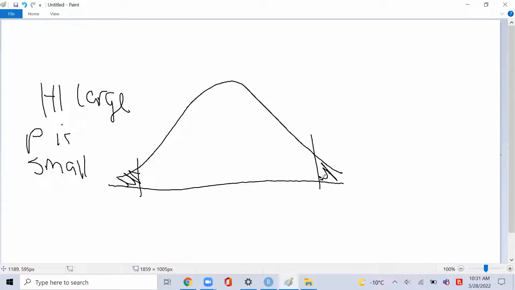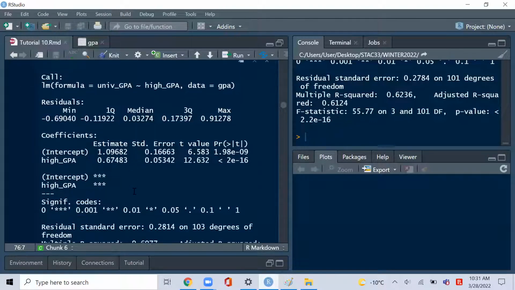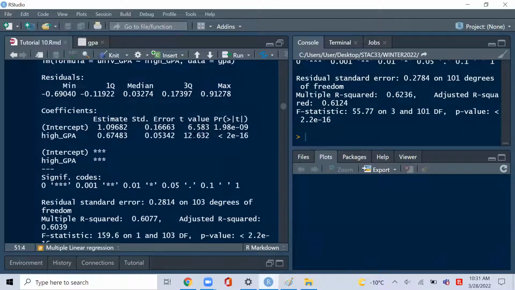So what it's saying is that the chance of seeing your test statistic, which is t equal to the point estimate itself divided by the standard error, so extreme in the tails, if the null is true, because it's a distribution on the null, is unlikely. This is the null distribution. So you get a small p-value with it, right? So keep this in mind: a small p-value is associated with a very large quantile,